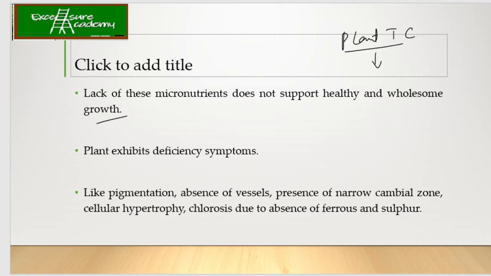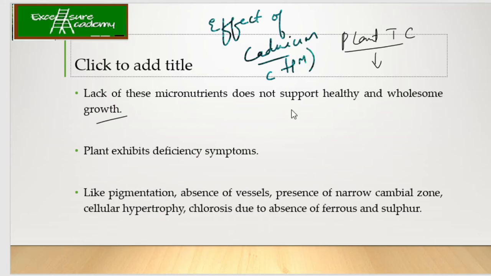So what you can do actually is select a few of the micronutrients. For example, you want to set up an experiment and study the role of these micronutrients. Suppose let's say that I want to study the effect of cadmium. Now I know that cadmium is a heavy metal, right? So I want to study, if cadmium is present in the soil, at what concentration range it is going to affect the growth of the plant, or whether any developmental defect will be there or not.